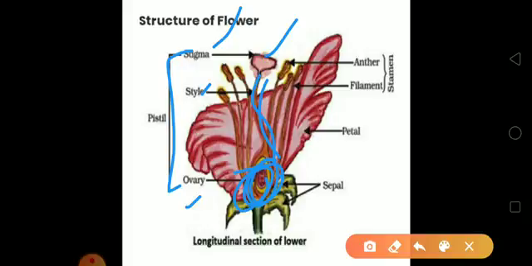So from the ovary female gametes are released, and from the anther the pollen grains, which carry male gametes, are released, right? In plants, fusion of male gametes and female gametes takes place inside the embryo sac, which is located inside the ovule here, right?